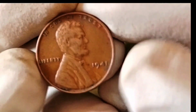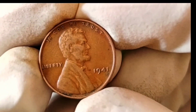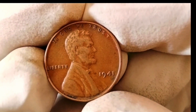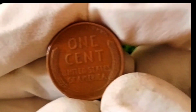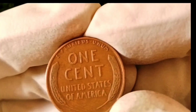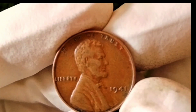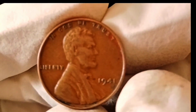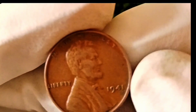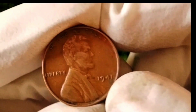Organizations such as the Professional Coin Grading Service (PCGS) and the Numismatic Guarantee Company (NGC) use rigorous evaluation methods to assess factors like strike quality, luster, surface preservation, and overall eye appeal. The fact that this 1941 Lincoln Wheat Penny has received a top-tier grade adds to its credibility and enhances its desirability among collectors. The journey of this rare coin through various auctions and private collectors has further cemented its place